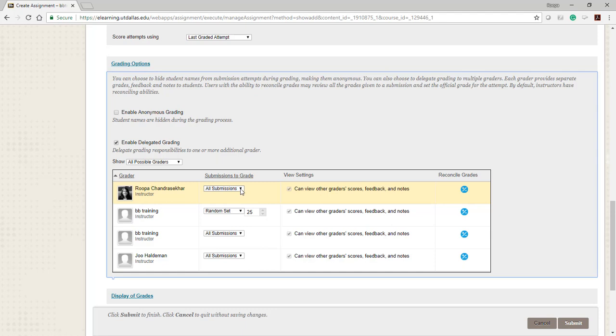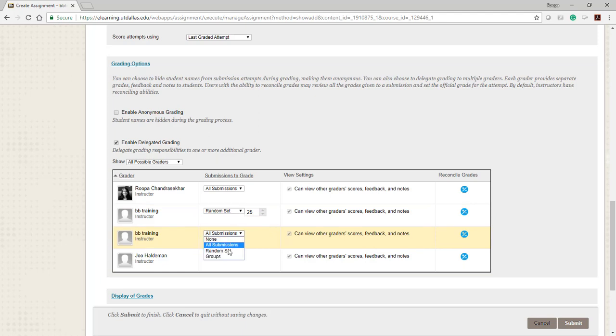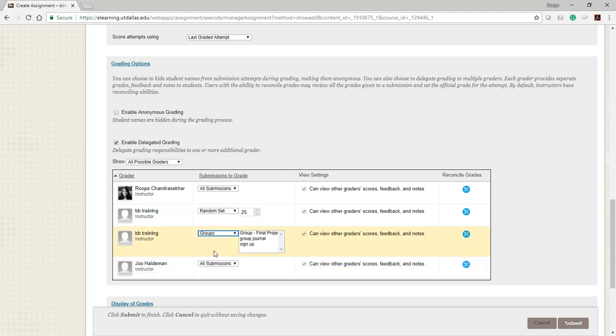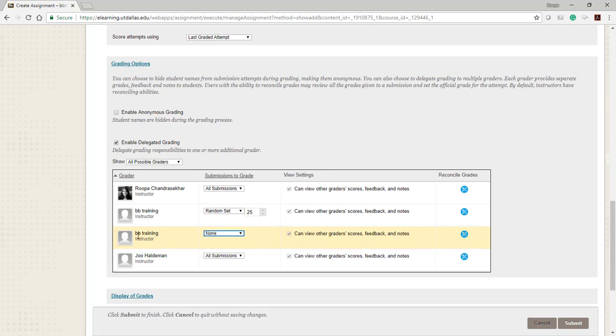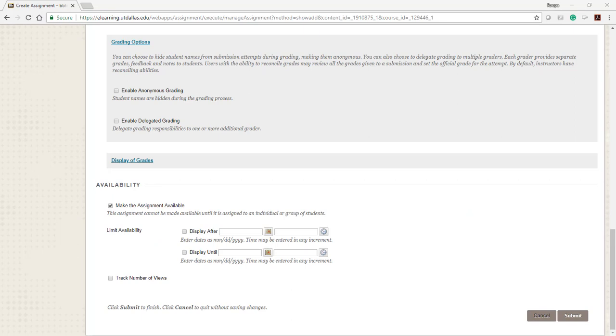You can assign all submissions, or you can assign a random set of submission. You can also set up group submissions, or you can select none, which means this particular grader does not participate in grading. This is how you enable delegated grading.